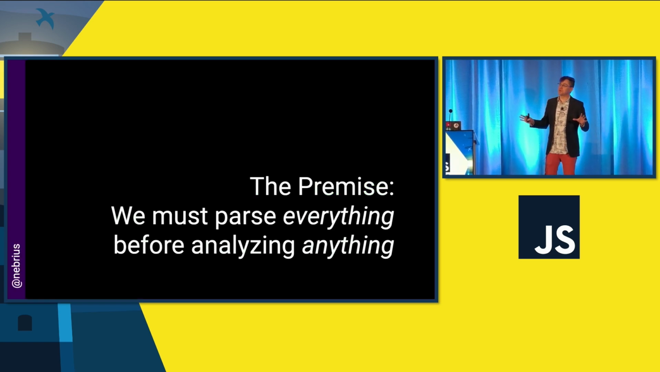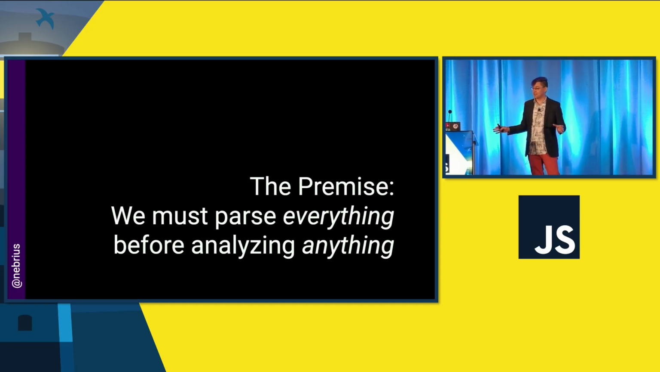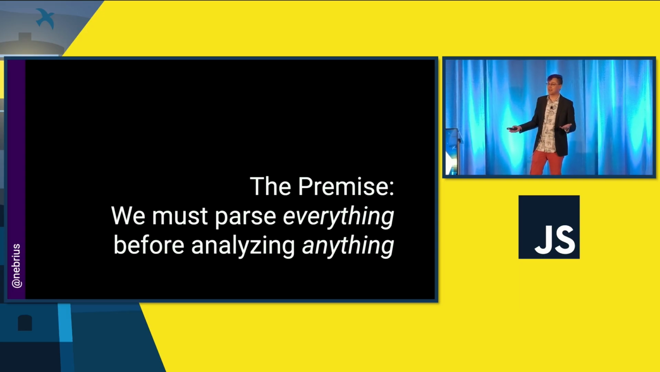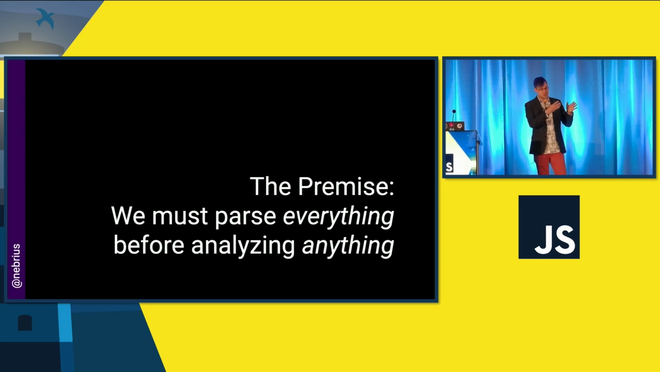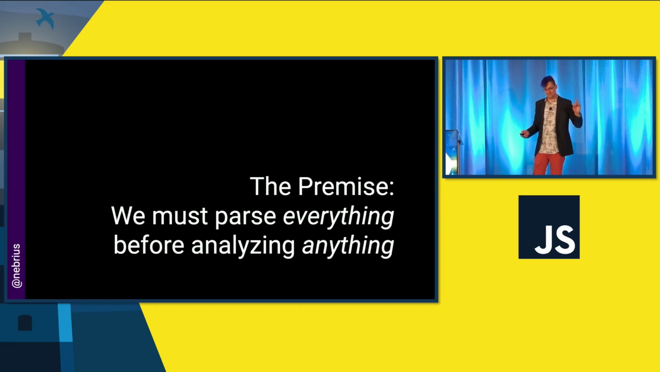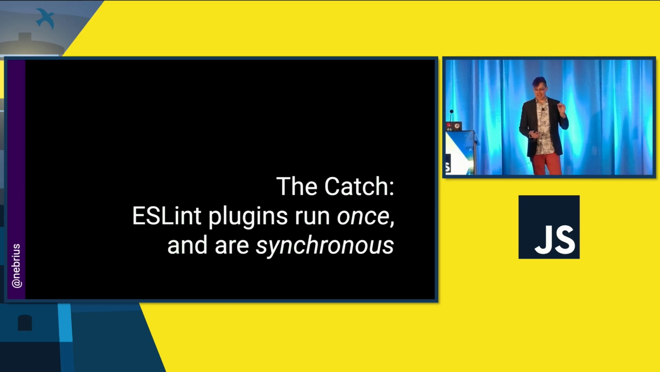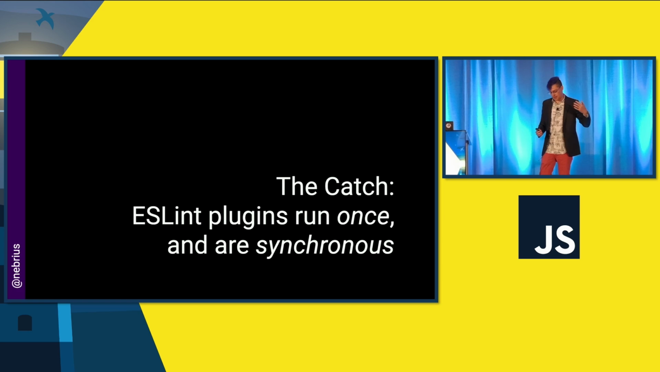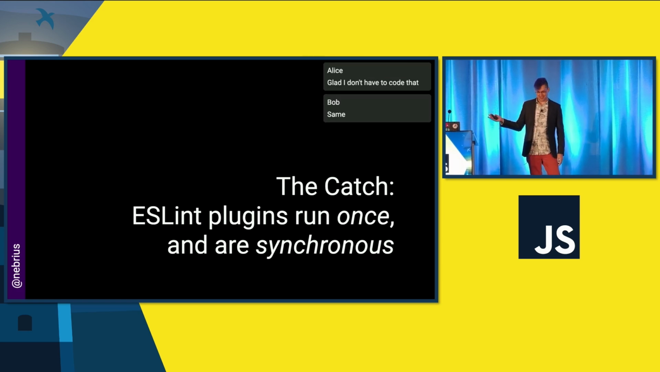The premise when we're doing this is that before we can analyze anything, we have to parse the entire world. In order to know if an export is used anywhere in the code base, we have to check every other file to see if it's being imported. There's this relationship between files, and we can't just parse files independently when we're doing import analysis. But there is a catch to this. In ESLint, plugins run exactly once and are synchronous, which means when ESLint comes in and says, hey, it's time to run your rule for unused exports or something like that,